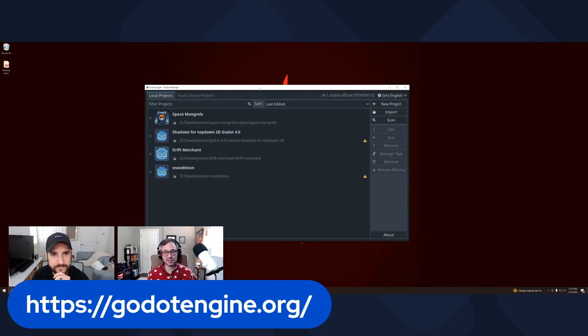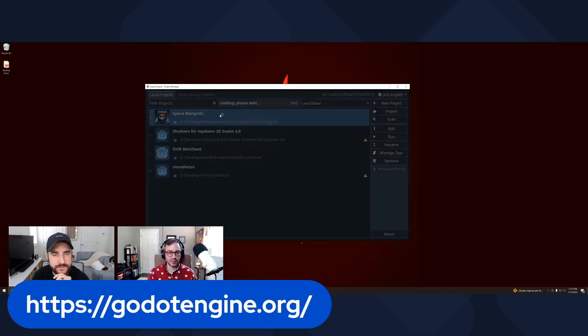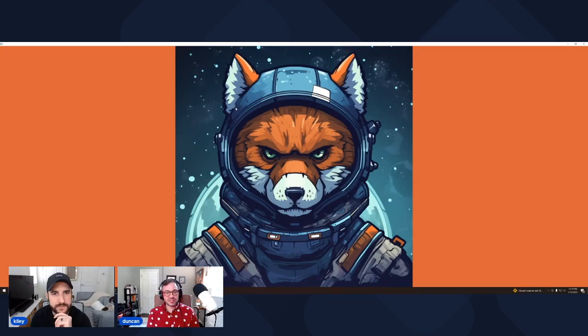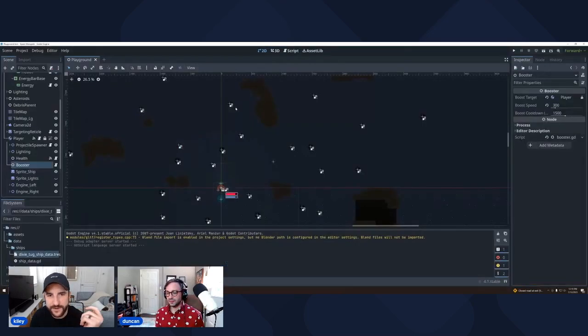And so, yeah, it's a game engine. One of the things I like about it is it feels very lightweight. When I open my project here, it just takes a few moments and it opens. And that's compared to Unity or Unreal. Does it take longer to open those? Yeah, it does.